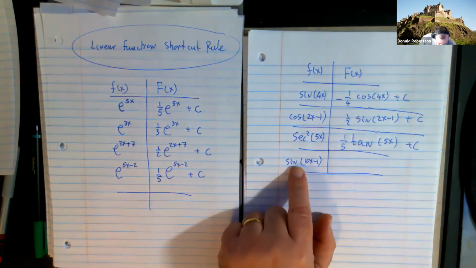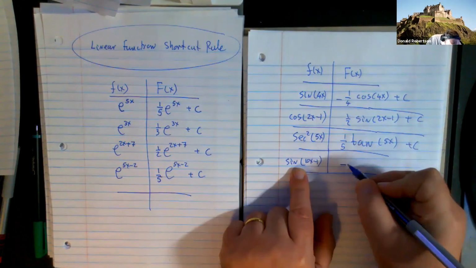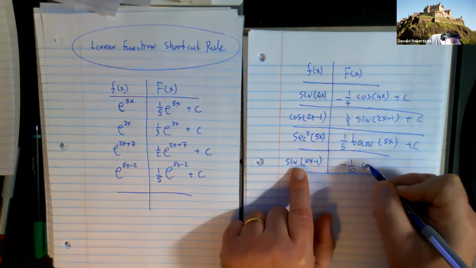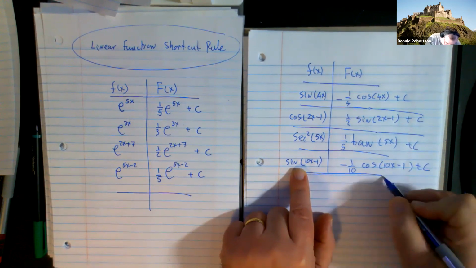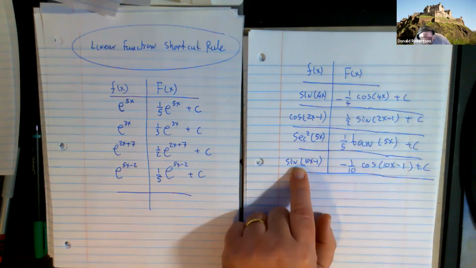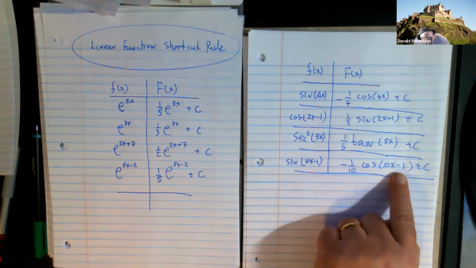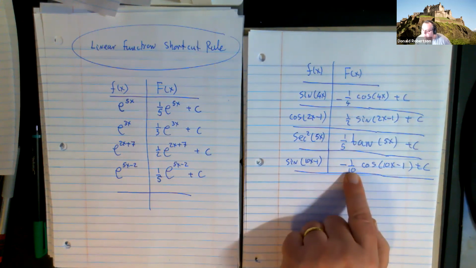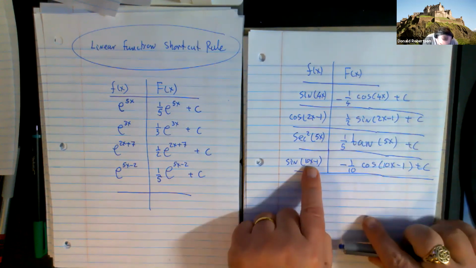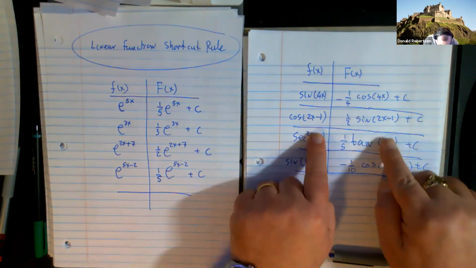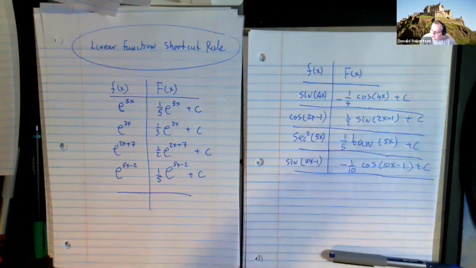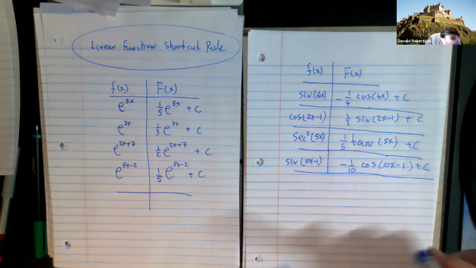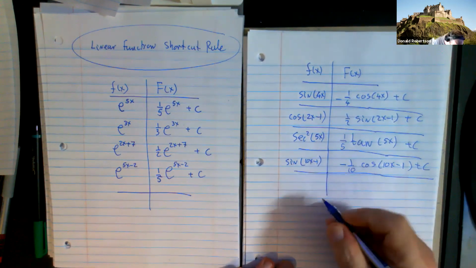Right, this fella here then, won't he be negative 1/10 the cosine of 10x minus 1? Antiderivative of a sine is a negative cosine. The 10x is where that 10th comes from. Do you notice that whatever that is, it still stays put? Isn't the only added bit a little fractional thing that you tag on at the front? And before you get too comfortable,